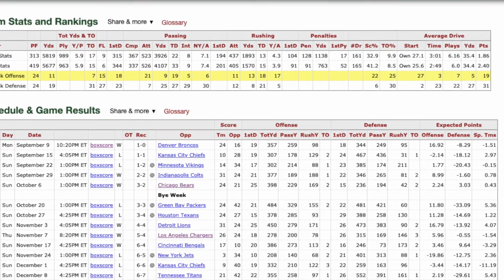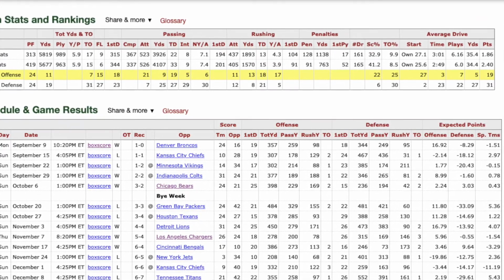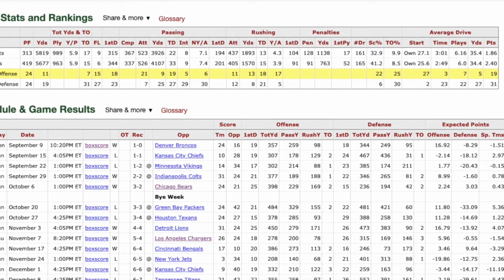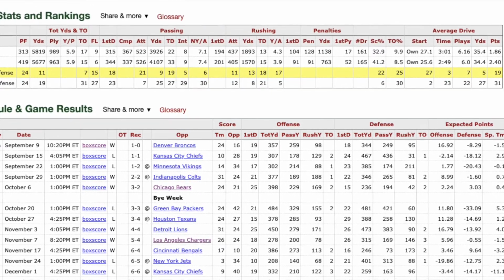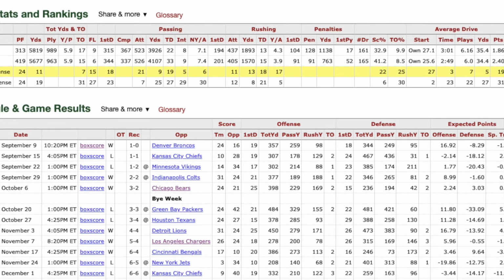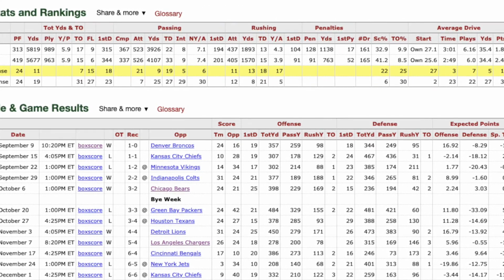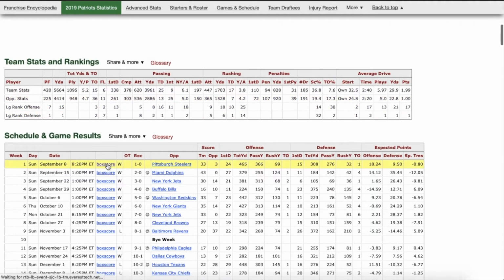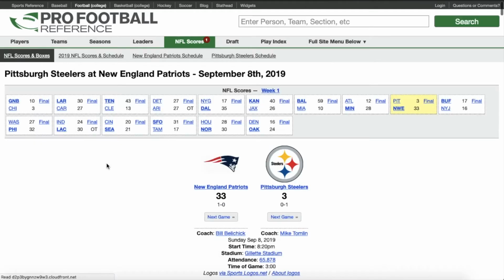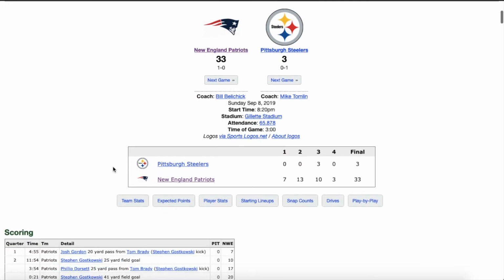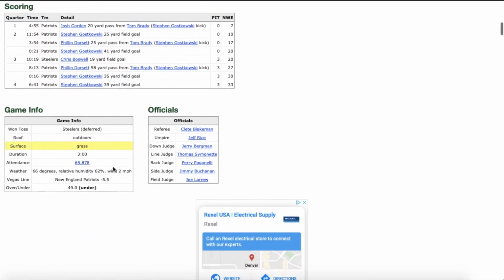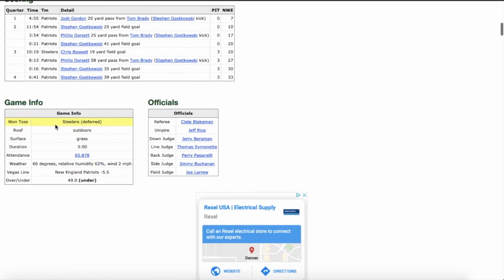So I went to Pro Football Reference and I decided that I should scrape the schedule and results page. So I collected the score, offense, defense, and expected points for each team for each season. Now, I didn't think that was enough information, so I did go into each box score of each game to pull out more information. I pulled out some tables that had game information like who won the toss, if they